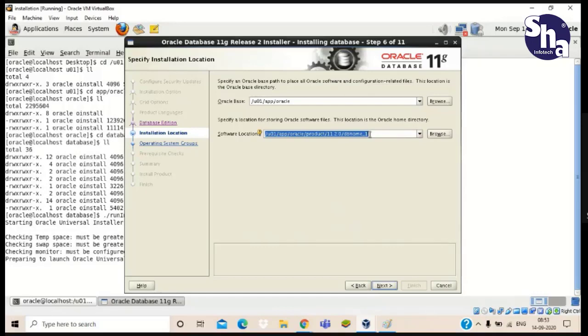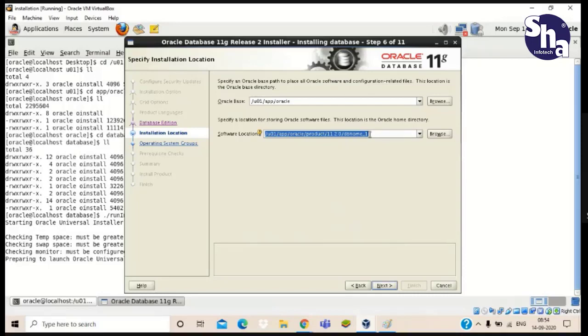So what is the difference between Oracle Base and Oracle Home? Oracle Base is our root directory where we keep the original Oracle software with its versions.